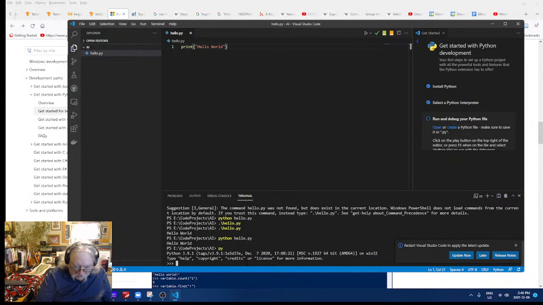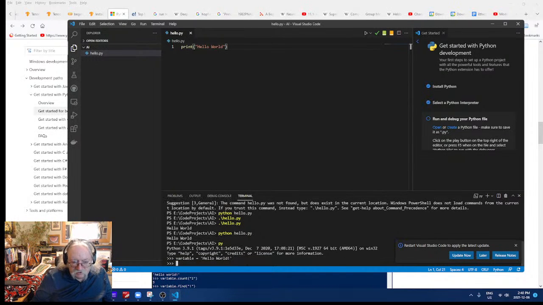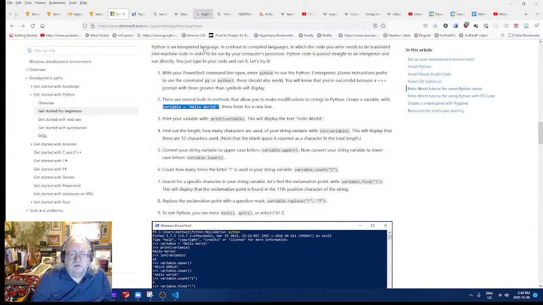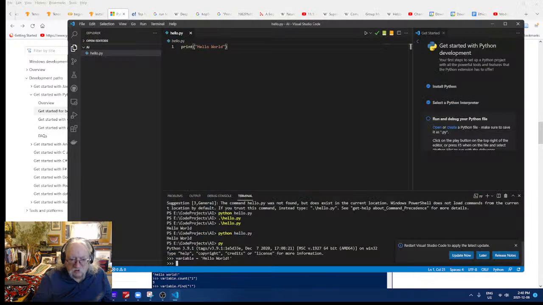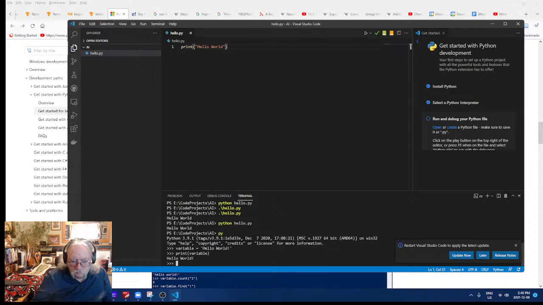All right, so I'm going to now first create the variable. And then second will be print variable, right? Print, and then with a bracket variable. Like that. Hello world. Okay, that's good.